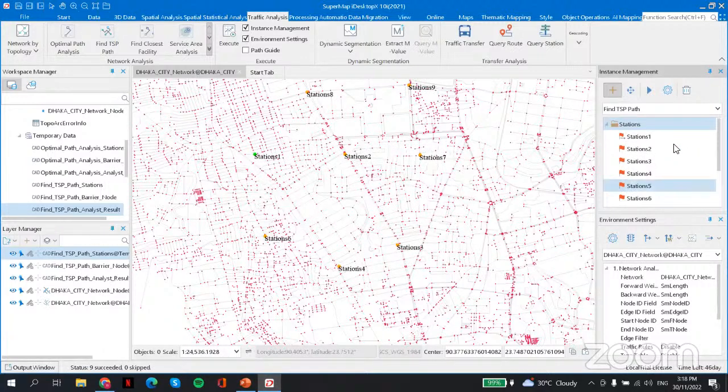Okay, it has station 1 until station 9. So you can just run this analysis. You can click here.